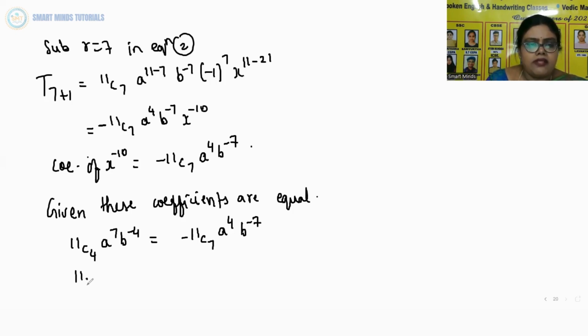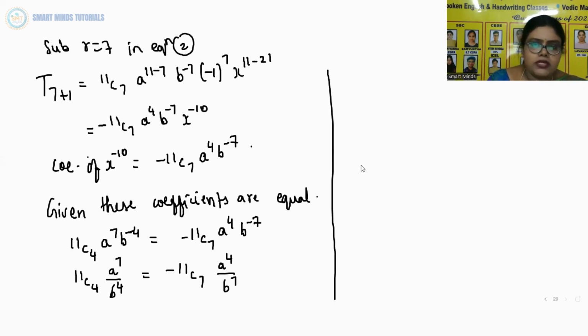So this is 11C4 a power 7 by b power 4, because if you have a negative power, we can bring it down to make it positive. That is minus 11C7 a power 4 by b power 7. So we get a power 7 by b power 4 is equal to,